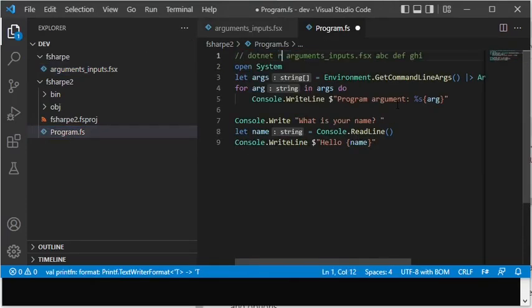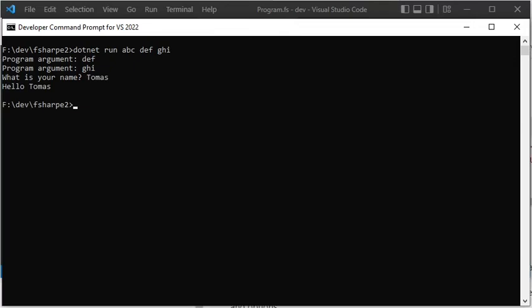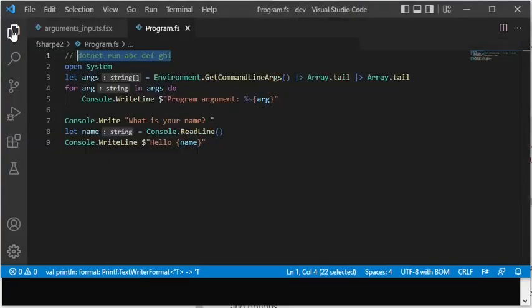To execute the program, I can now use the command dotnet run, and then program arguments can be added with a space between each argument. But it does not work quite as expected. The first argument, ABC, seems to be skipped. The problem is that the so-called program arguments that are automatically provided at the beginning, before the actual program arguments, do not become quite the same when executing as a script with dotnet fsi and then the file name, as when you are executing a project with dotnet run.